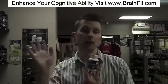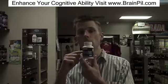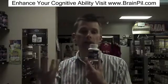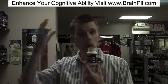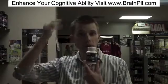Three of my top favorite brain boosters that we have in the store. The first one is CDP choline from Jarrow Formulas. Now, CDP choline basically is a phospholipid. It's a major constituent of all neuronal cell membranes. It can restore neurotransmitter levels in the brain, specifically acetylcholine, which works through the cholinergic system, so it's important for